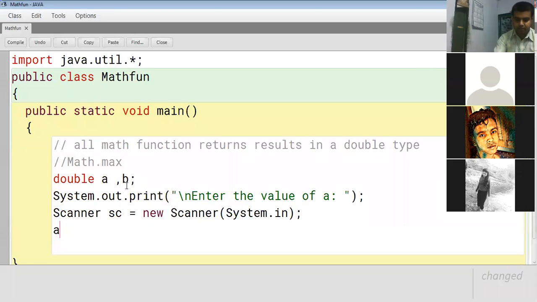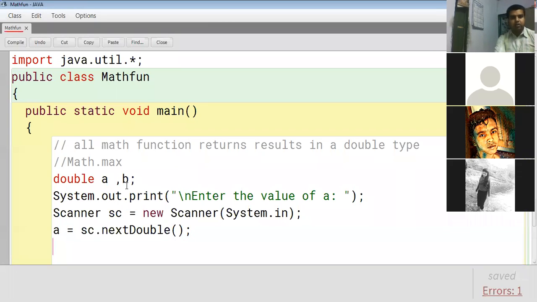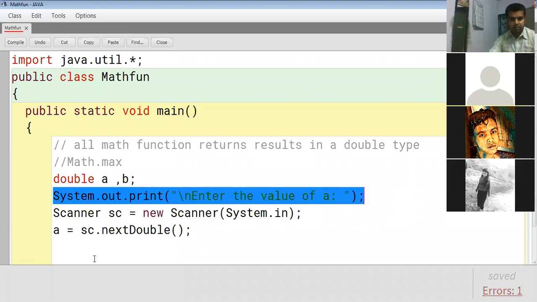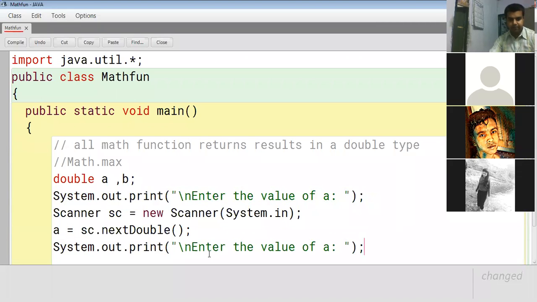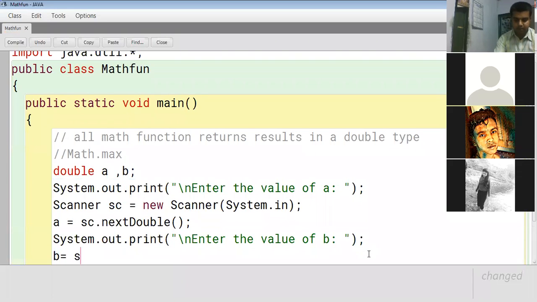So a is equal to sc.nextDouble(), because all the mathematical functions work upon the double type, so we will take only double type. And we will use the same to take the value of b, so b is equal to sc.nextDouble().